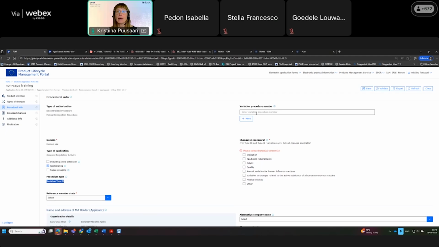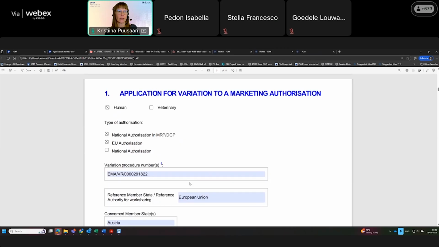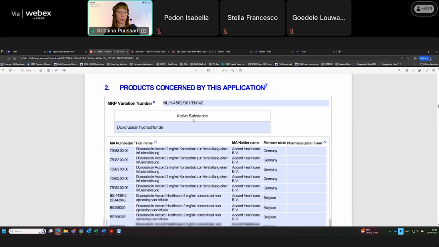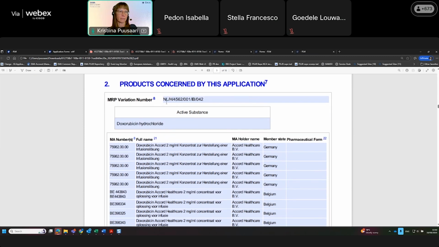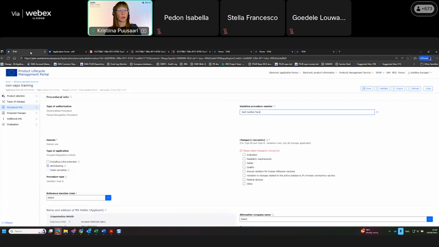Here, I will need to manually fill in the procedure number. And I will quickly show you. So the variation number that I fill in that field is the variation procedure number that is displayed here on the first page. So this can be different from the numbers that were filled in, that you added in here. So normally you have a high level number that you would then include in here. If we go back to the